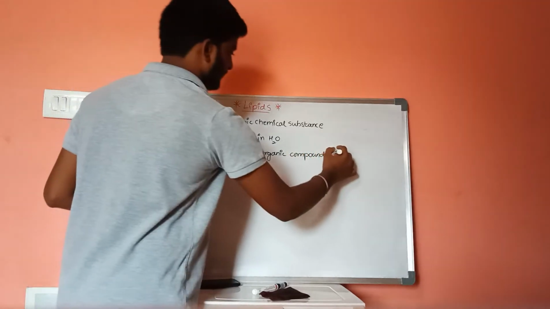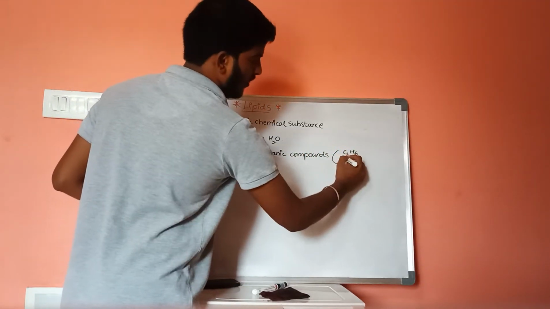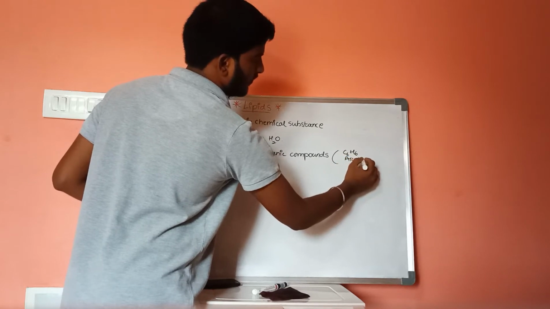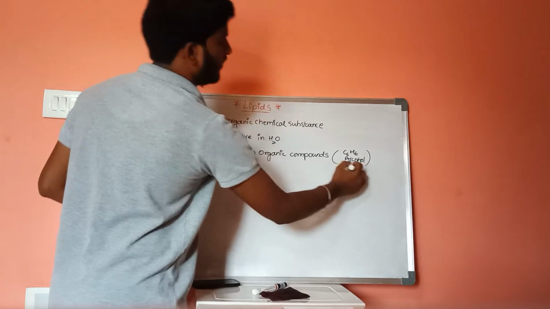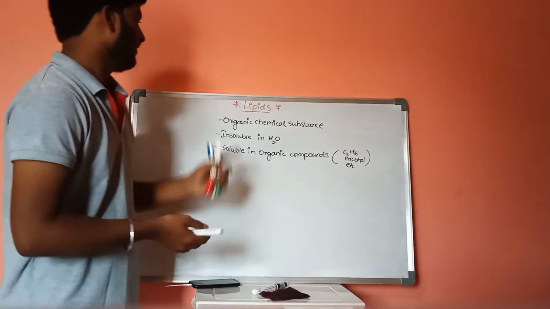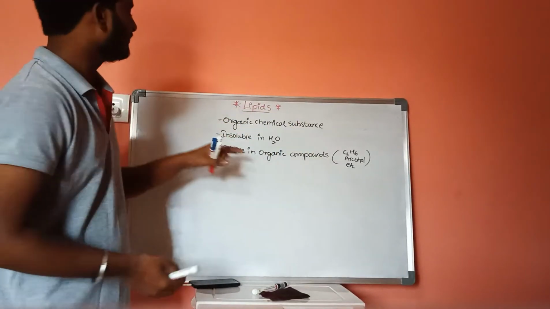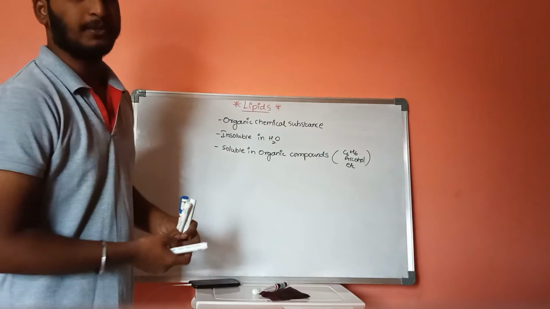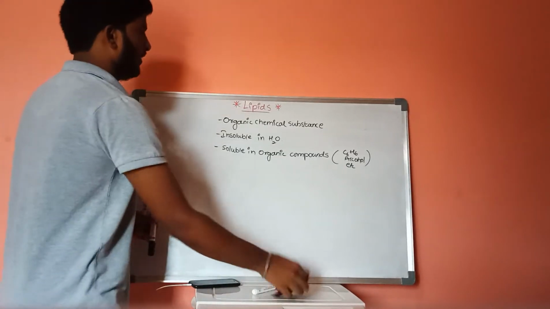Example: benzene, alcohol, etc. These are the organic compounds like benzene and alcohol. Lipids are organic chemical substances, insoluble in water, and soluble in organic compounds. If we discuss the classification of lipids,